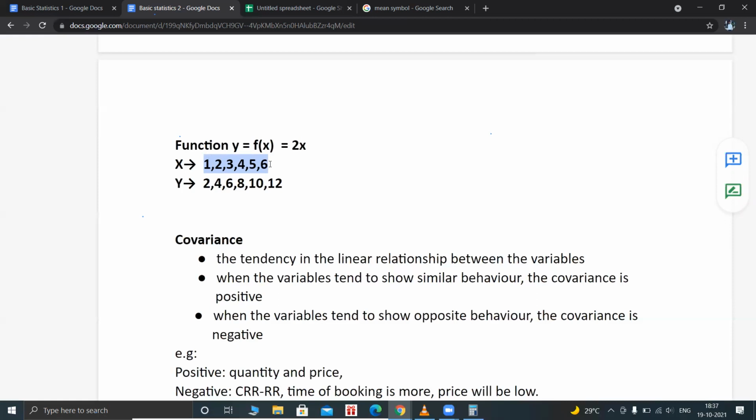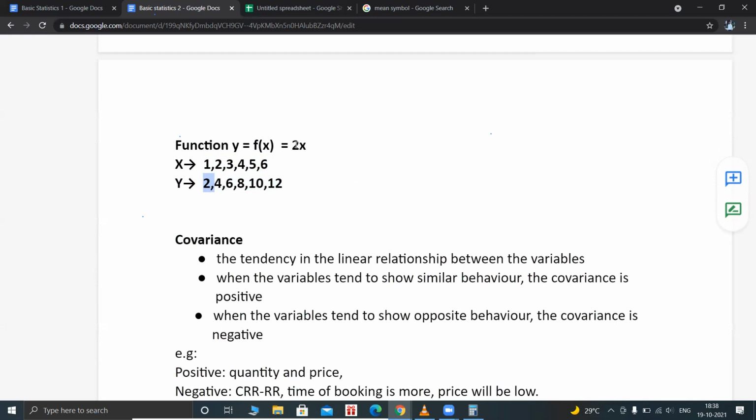What is the increasing pattern in this? Increasing by 1, right? So 1, 2, 3, 4. It is increasing by 1. If I have an increase of 1 in my x, how are my y values? Now in this y, what is the pattern, guys? Increasing by 2, right? So if I increase x by only 1, I get an increment of 2 in y. So this is what exactly I want to find out, whether they are strongly correlated or